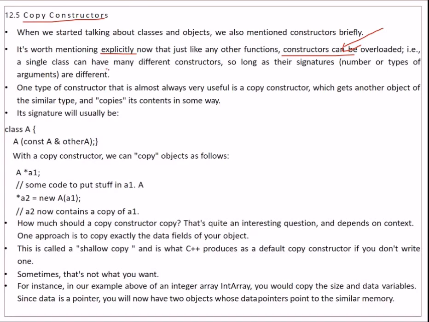That is, a single class can have many different constructors so long as their signatures are different. But one type of constructor that is almost always very useful is a copy constructor, which gets another object of similar type and copies its content in some way.